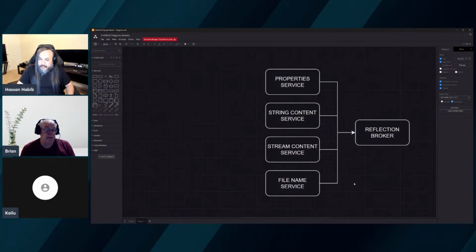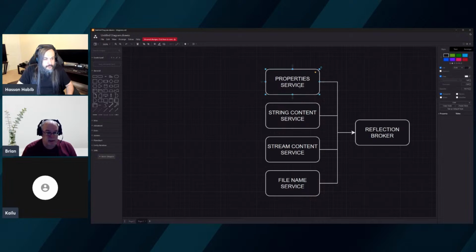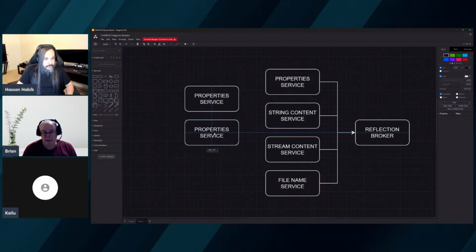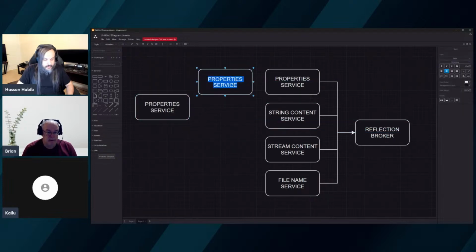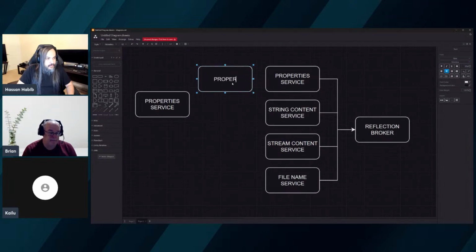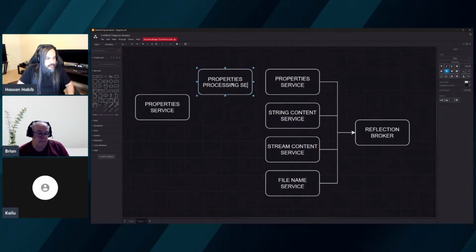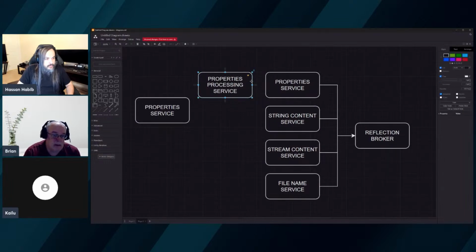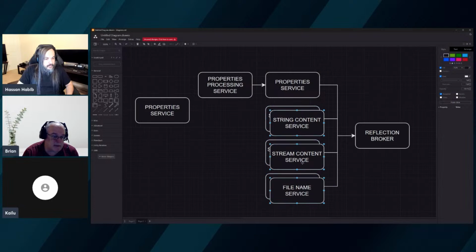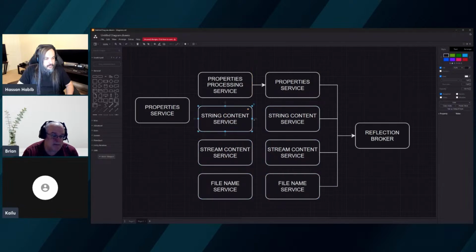Okay, so the property service, we didn't have to do any processing with that. It basically gets passed up to the orchestration to get used. So we had to create a processing service for the properties, but it's just a pass-through. Okay, so properties processing service. Got it. Yep. Now, the other three services basically act as a source of data to do filtering of the